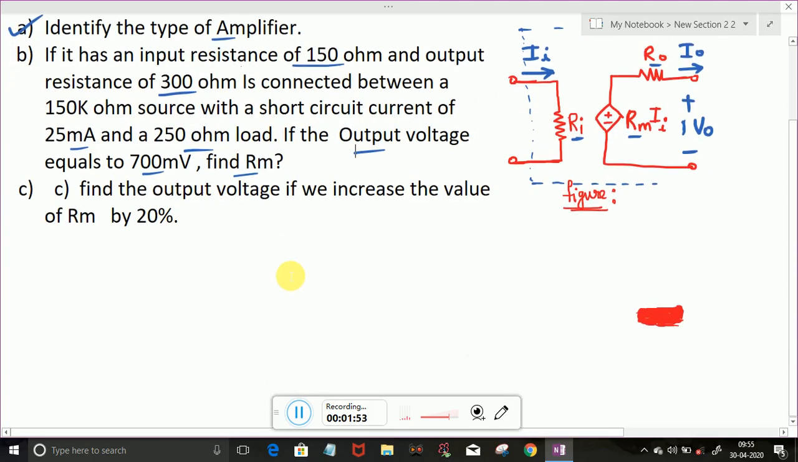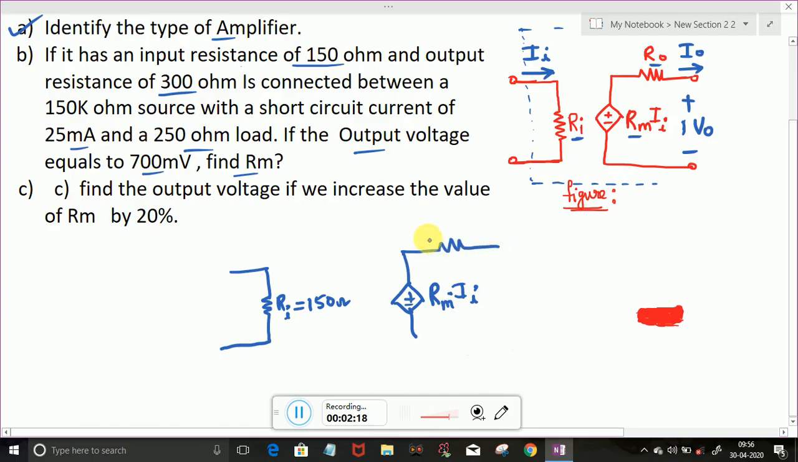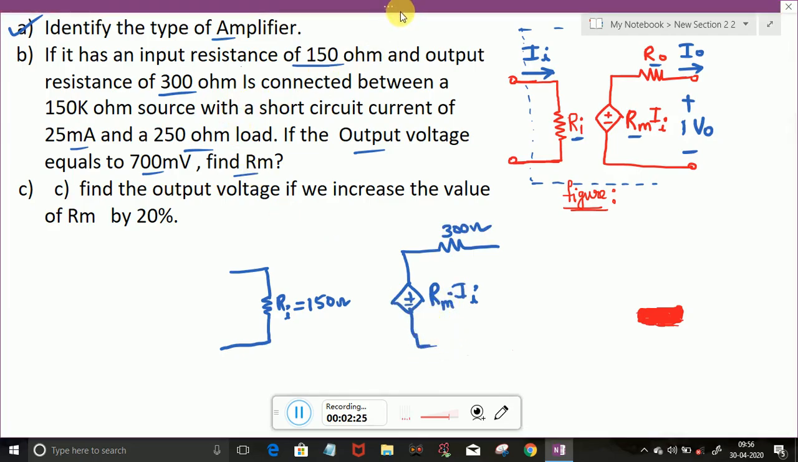Let me redraw the circuit for you. The circuit will be Ri, which is given as 150 ohm. Here is the current dependent voltage source, and you have to find Rm. It is Rm Ii, and the output resistance is given as 300 ohms. So this is the amplifier part, and from the additional data given,